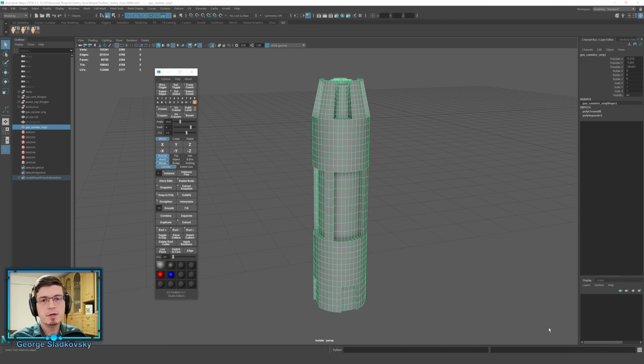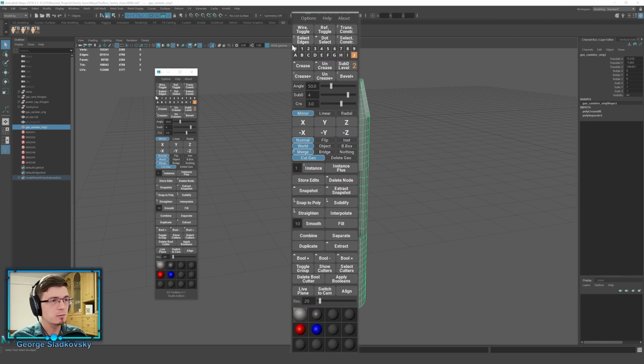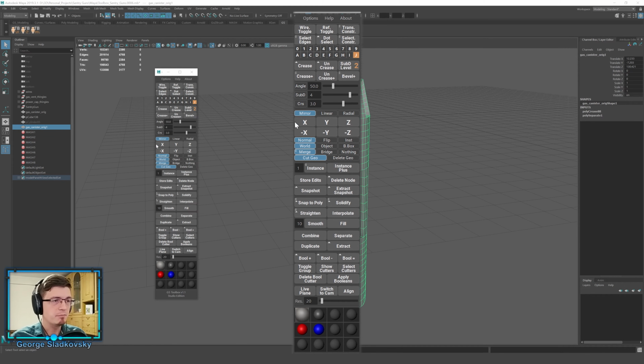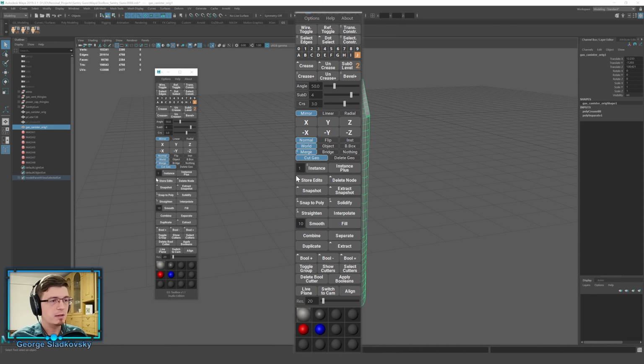So let's go straight to the tutorial. This menu is divided into a bunch of sections over here. The selection and selection sets, the creasing and beveling section, mirroring and arrays, instancing, store edits and